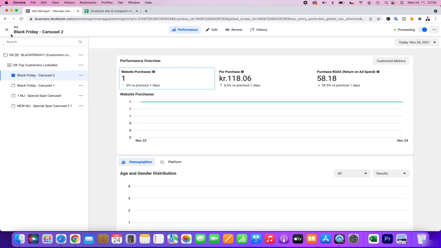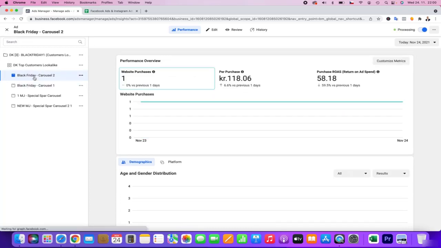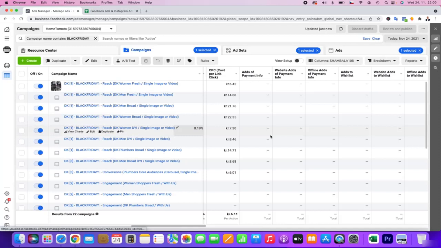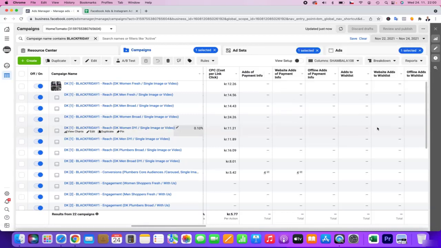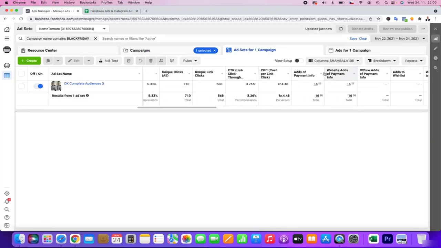This is quite cool, because you can also analyze your ads and how they are doing. For example, let's say we analyze Monday, Tuesday, Wednesday, and I would love to have a look at this main campaign. That's quite, I would say, powerful.